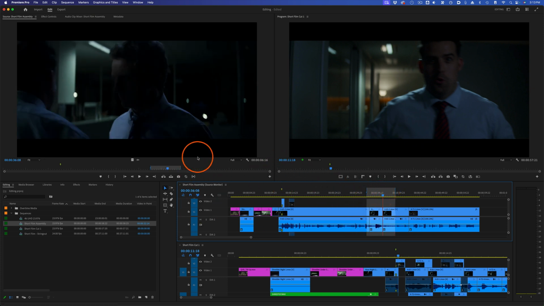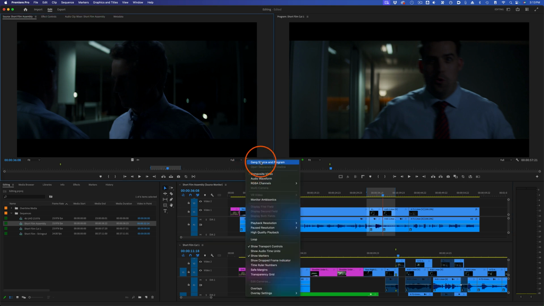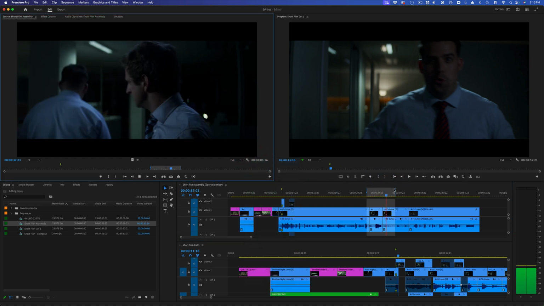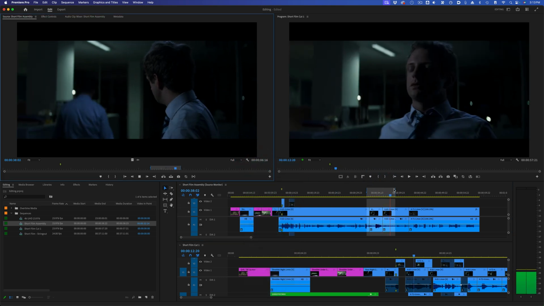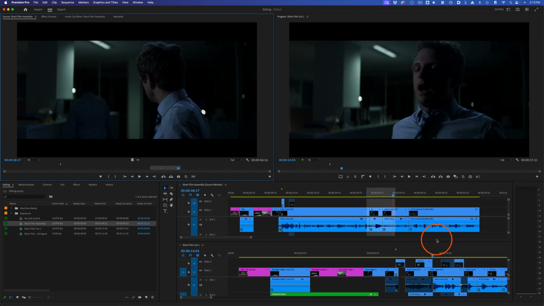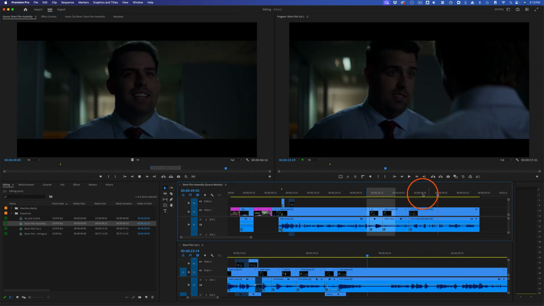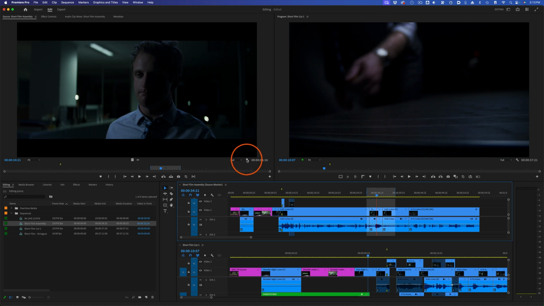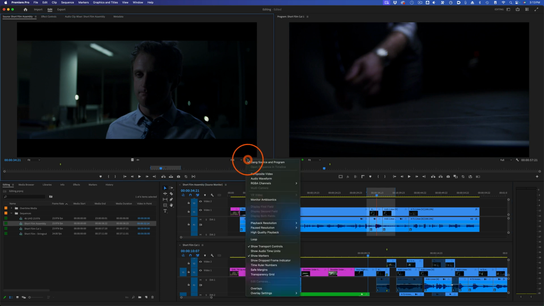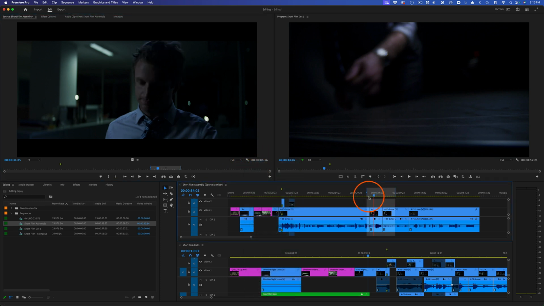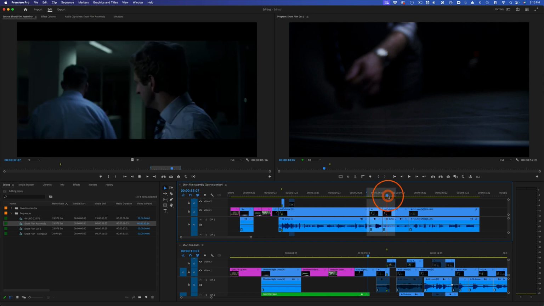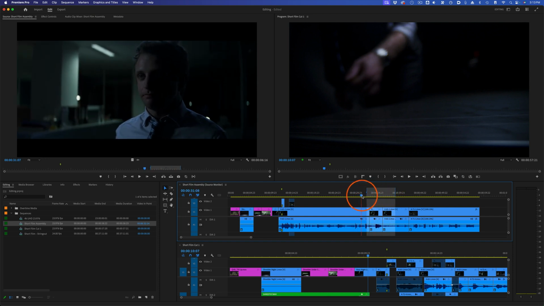All right, and if I wanted to do some very specific match cutting between the two, I could also gang them together. And the playhead's going to move accordingly down below to match. But I don't need that specifically for this, so I'm going to go ahead and turn that back off. What I want to do is grab this section here